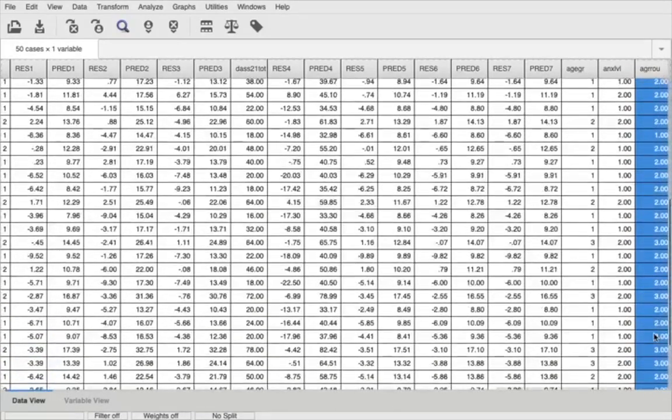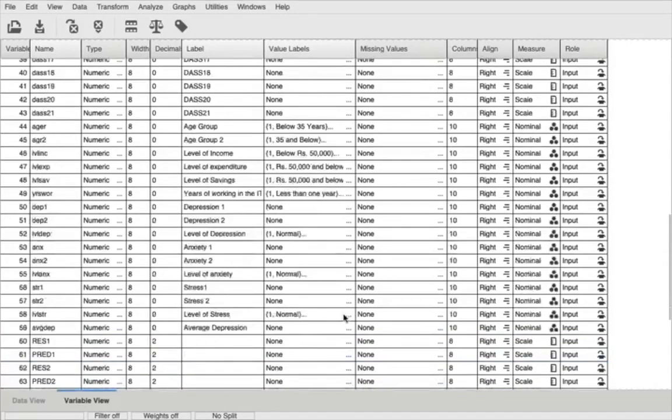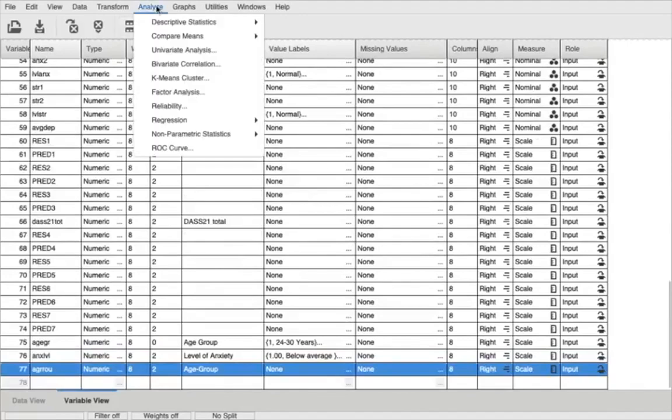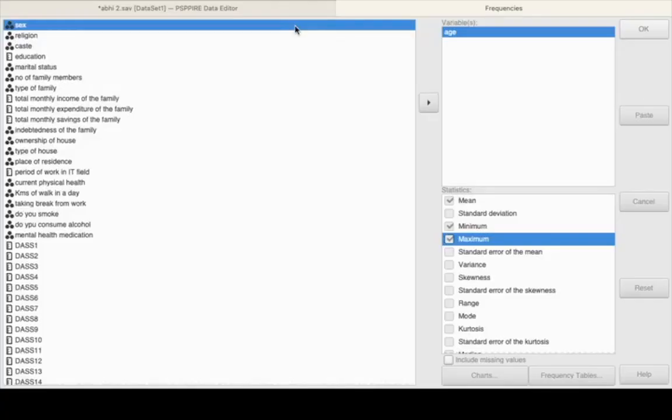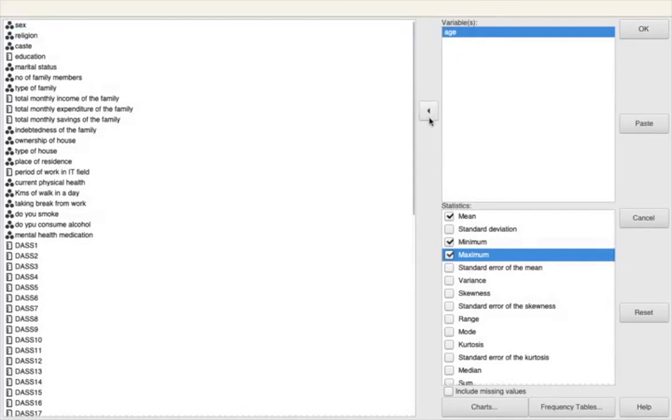So what we have done is, we have told the computer, as I told you, anyone who is aged between 0 to 24, they should be in group 1, 25 to 40 is group 2, 41 and above is group 3. Now if you do a percentage analysis, I will show you what will happen. If you do a simple percentage analysis of this, you will get some other value. Wait, I will show you. You remove this.